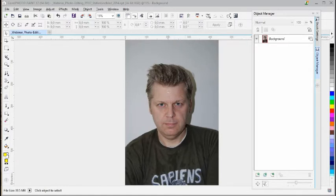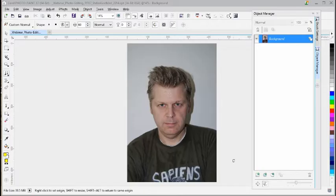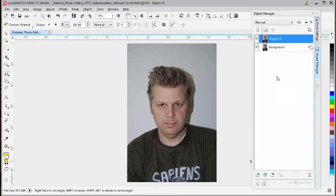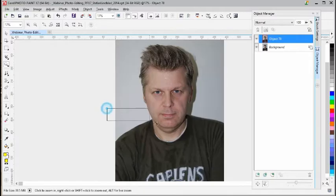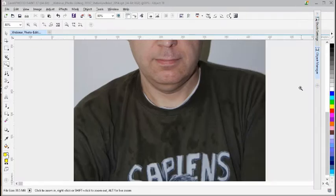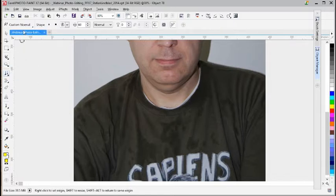Just let's start with the work, and the first thing we're going to do is to use the clone tool. So what we do is to first duplicate the background object. We'll zoom in close to the t-shirt, and now we have that selected. We'll collapse that object a little bit, and then go to the clone tool. In PHOTO-PAINT X7,